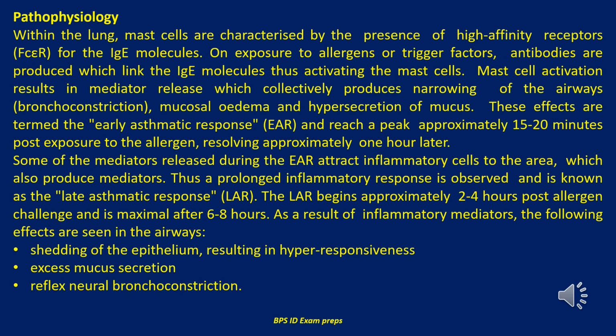Within the lung, mast cells are characterized by the presence of high-affinity receptors, abbreviated as Fc-epsilon receptor for the IgE molecules. On exposure to allergens or trigger factors, antibodies are produced which link the IgE molecules, thus activating the mast cells. Mast cell activation results in mediator release which collectively produces narrowing of the airways, that is bronchoconstriction, mucosal edema